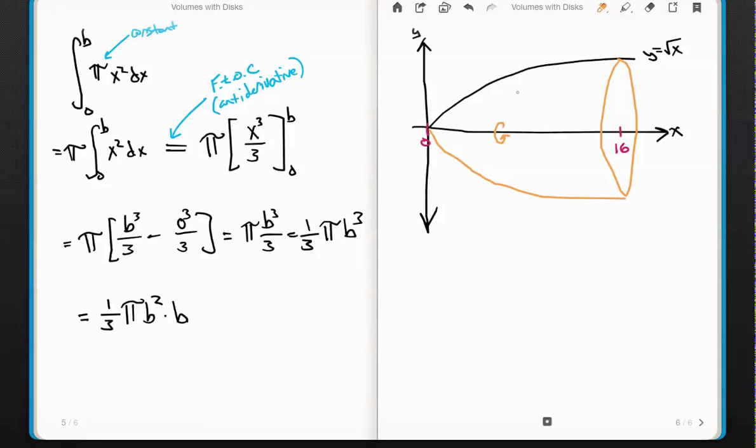Well, I dare you to look in your old geometry book and find a formula for the volume of a tipped over wine glass or the volume of a bullet where the profile equals the square root of x. All right, so what are we going to do? We're going to break this down into